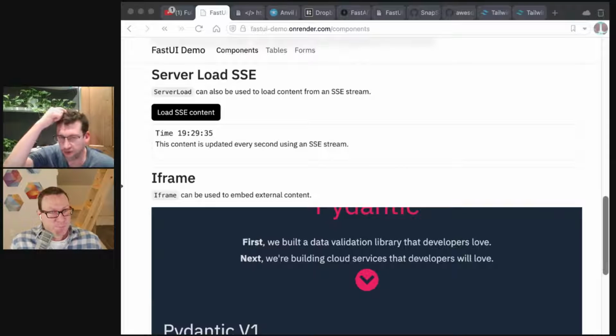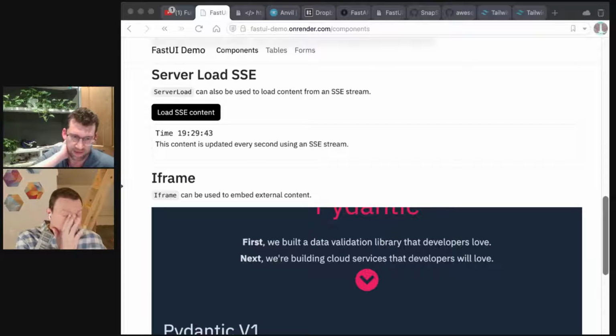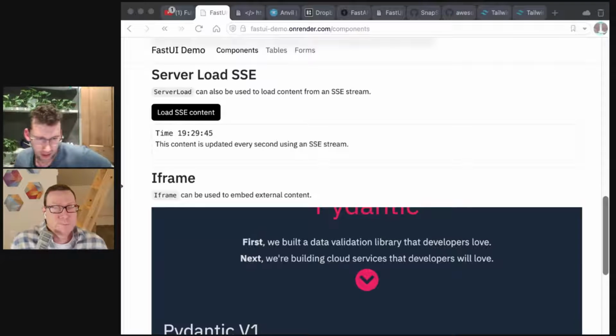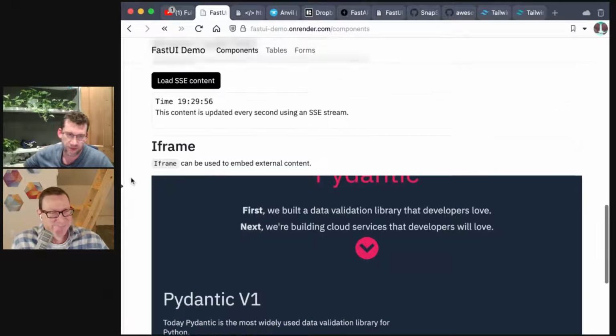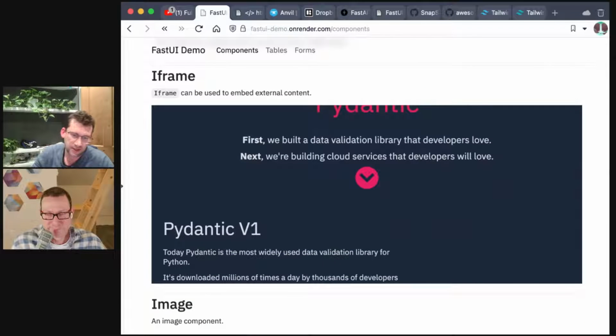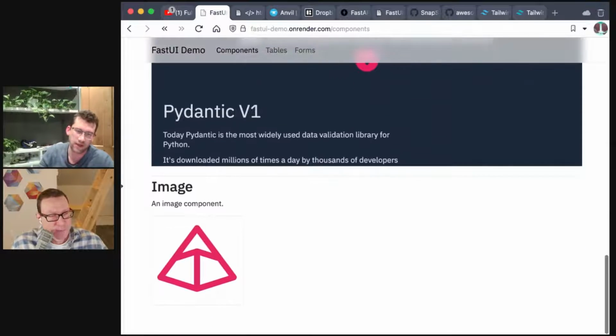One of the things I want to try with SSE that I think will work really nicely is LLM responses, where you get one token at a time because you don't want to wait for the whole thing. Yeah. Server-sent events would be perfect for basically printing out the response from an LLM. And again, it would be like 2 lines of code to add that to an app with FastUI. It would not be 2 lines of code to go and implement that yourself, whether you're using pure JavaScript or React or whatever framework. Then we have iframe, which again we're back to kind of mapping one-to-one to a component.